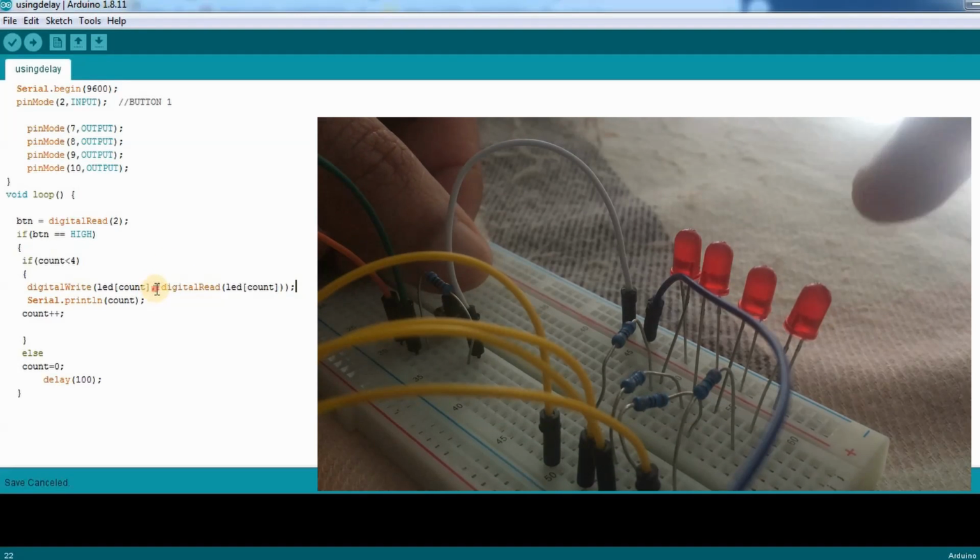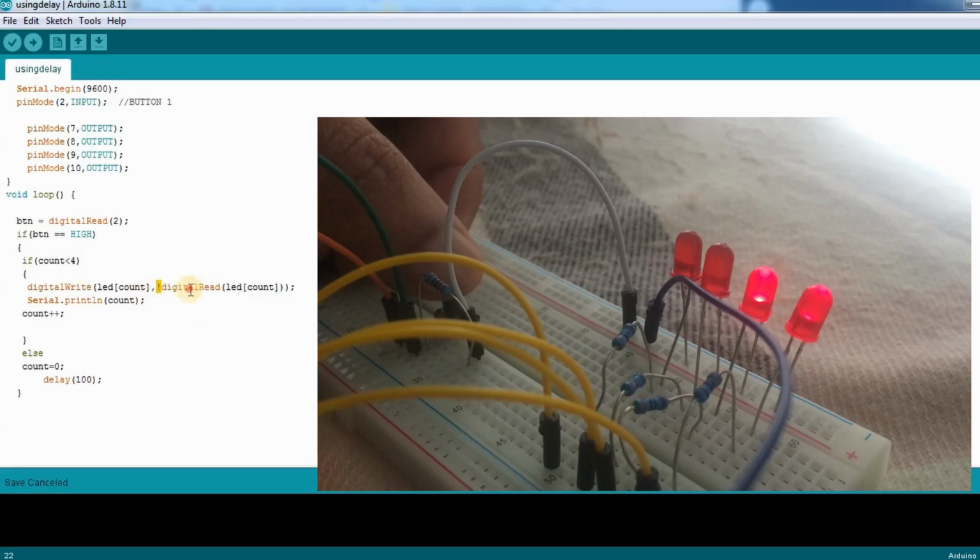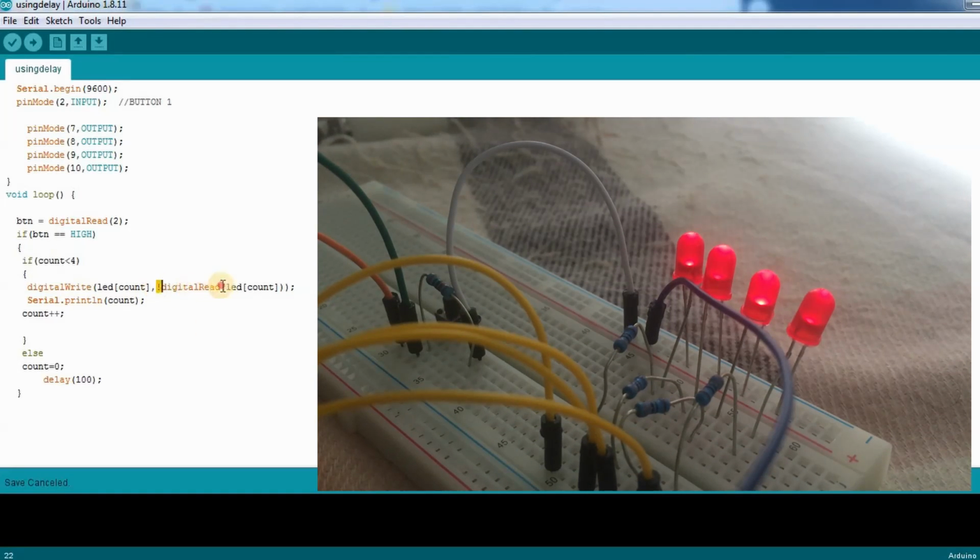That is achieved by this NOT sign, so I'm inverting the LED state here. You can see that instead of 1 LED, we are getting 2 LEDs lighting up or switching off at a time. This is called the bouncing effect.